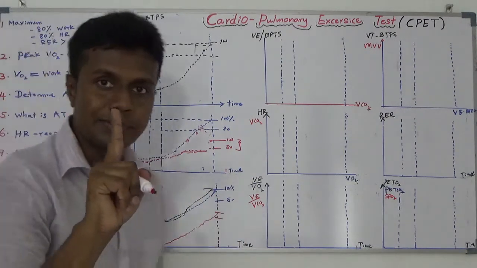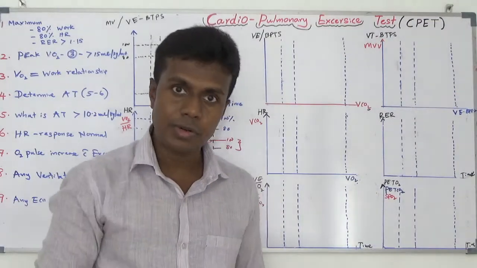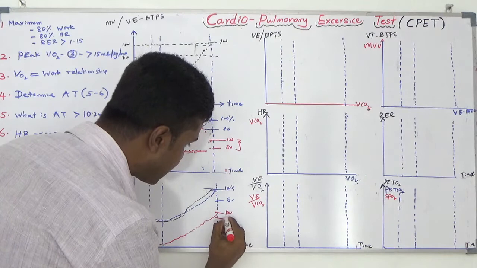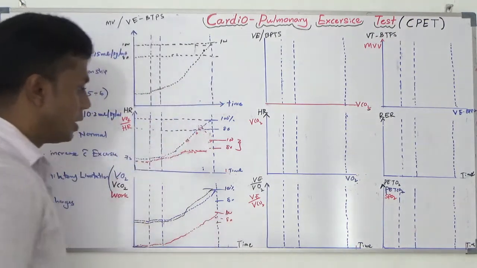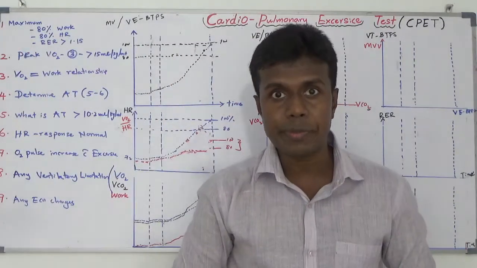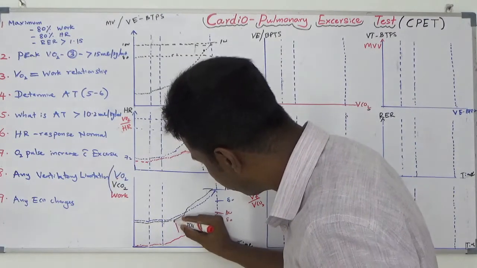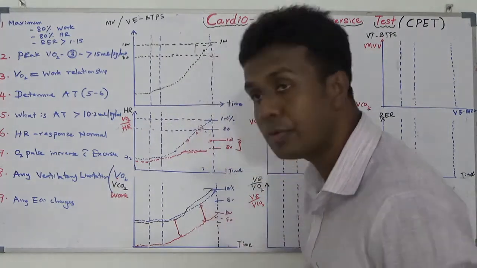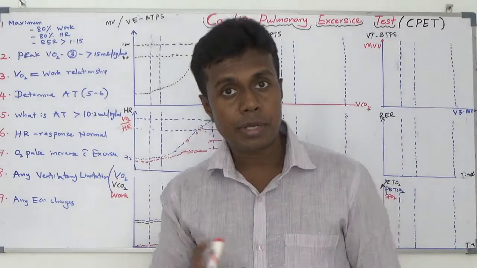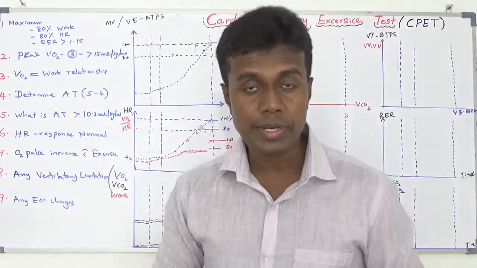If I am perfectly normal, very simple I think, I should achieve 80 to 100% of workload, which was calculated by the machine software system. It is 100% here, 80% I should achieve. Oxygen curve and workload curve should be parallel to each other, here and here, if you are perfectly normal. If you have some problem with your body, sometimes the work and oxygen utilization will be unrelated to each other.